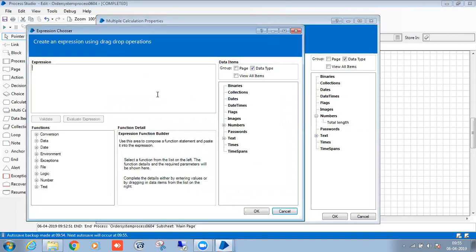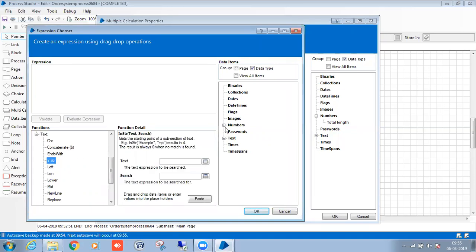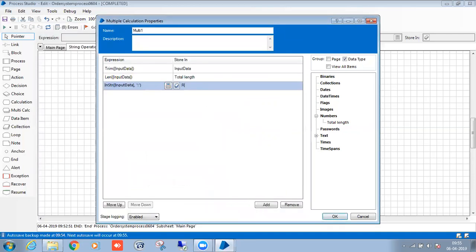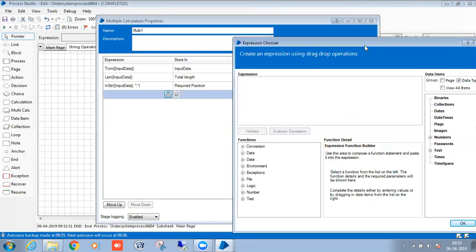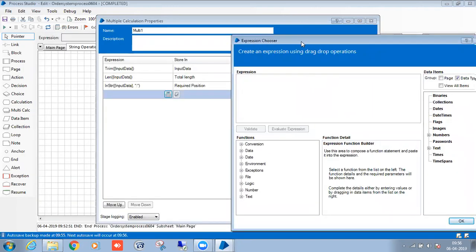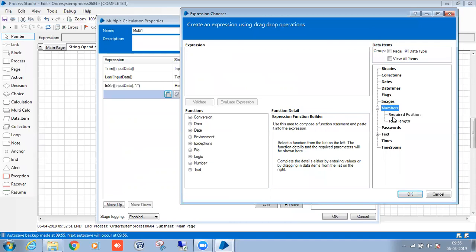After finding the total length, I will find the position of that particular symbol in the string. The required length I will get by subtracting the required position from the total length.